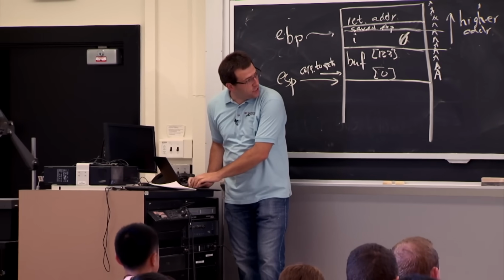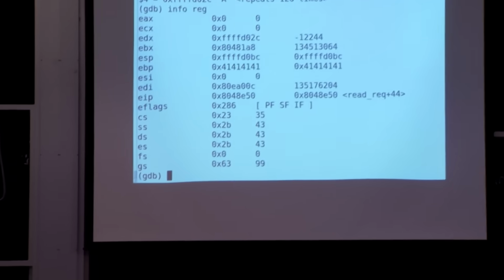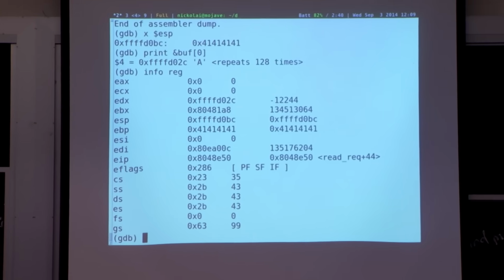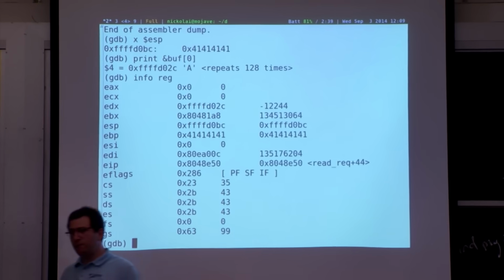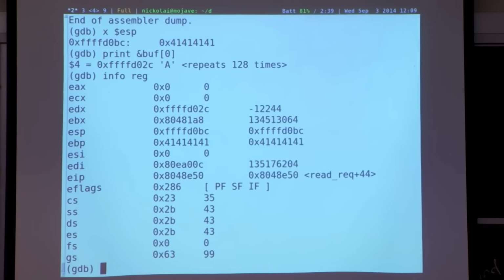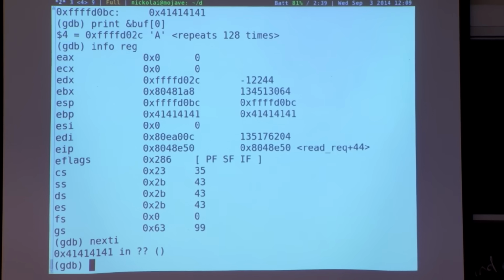OK, so just to see what happens, we can jump one more time. Well, let's look at our register. Right now, our EIP, the instruction pointer, is pointing at the last thing in redirect. And if we step one more time, hopefully we'll jump to finally that unfortunate 4141 address over here. And in fact, yep, the program now seems to be executing there.